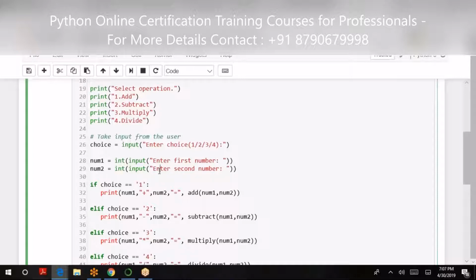Now, if choice is 1, it will be doing addition. If choice is 2, subtraction, so on and so forth. So selection of the operation, we have done it using if else. As we say that for loop, while, switch, these are all various types of control statements. So here we have used if else to accept the choices.